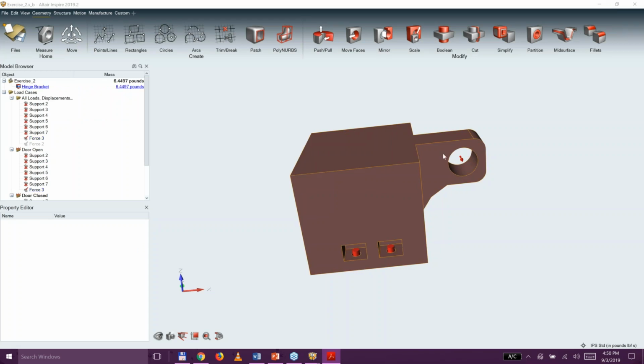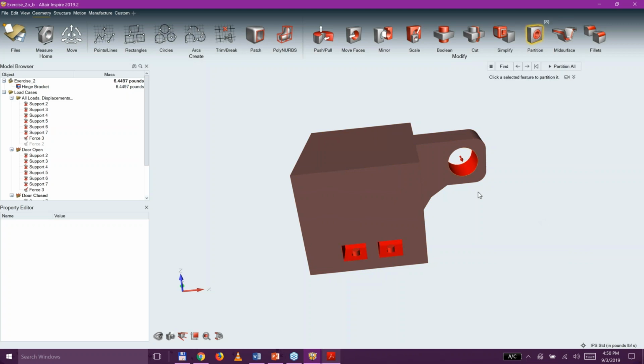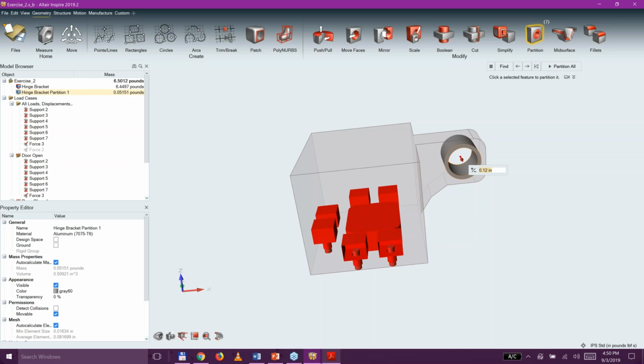If that cylinder is not there and not perfectly round, I cannot mount the hinge to it. And if I'm telling the software, carve away what you feel is necessary, it has absolutely no reason to keep that as a perfect cylinder. So I need to force it to. And to do that, I'm going to come here to this tool that we call partition. Partition allows me to select that hole, tell it how thick I want it to be, say 0.2,